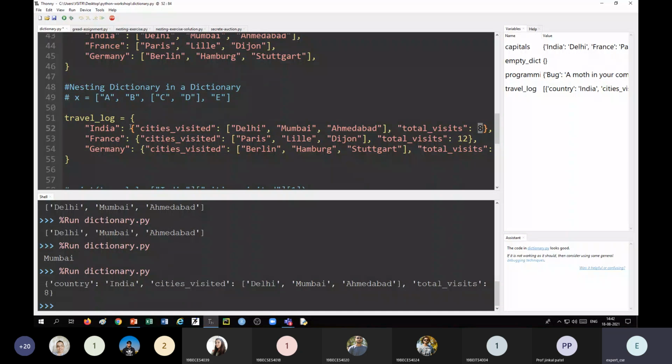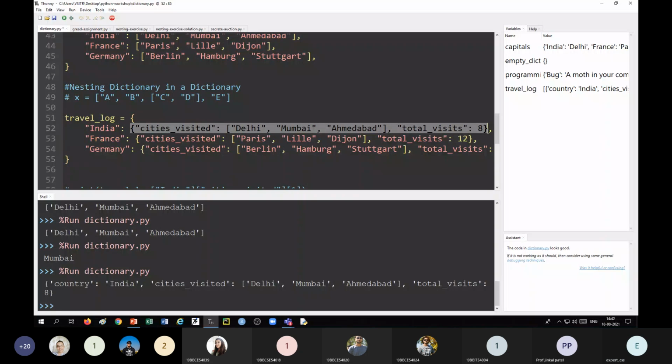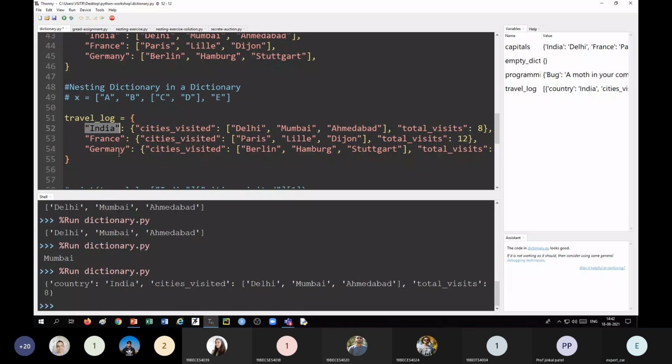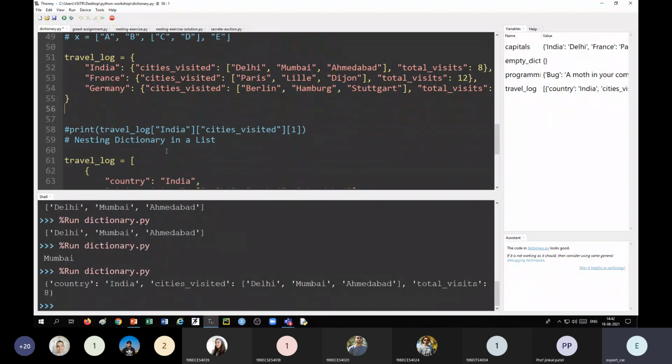Now again, if I want to improve this and represent this, see here I have taken this dictionary as an element, as a value of the key India. Now suppose I want to take the whole dictionary as a part of a list. So here we have seen list is a part of dictionary. Similarly, we can have dictionary also as a part of list. For example, suppose these three elements are there.